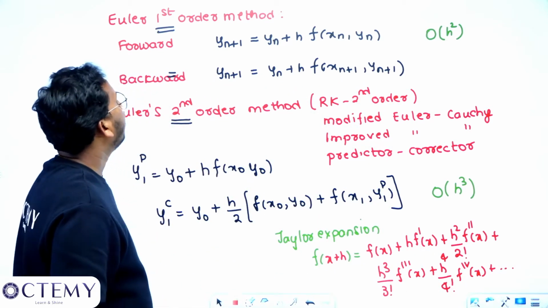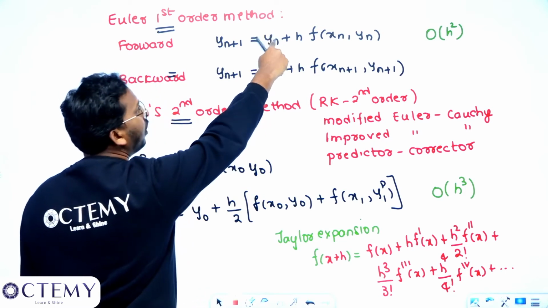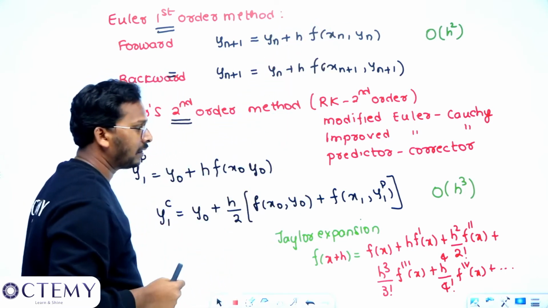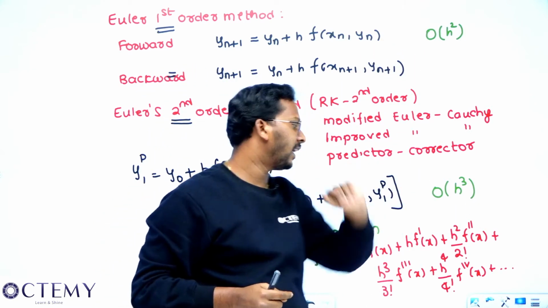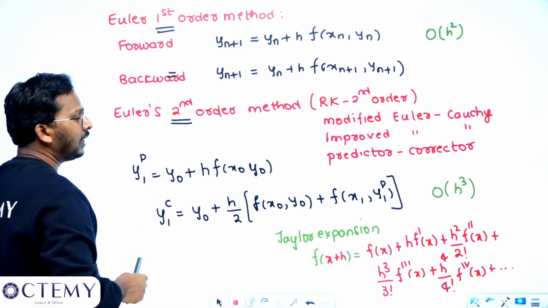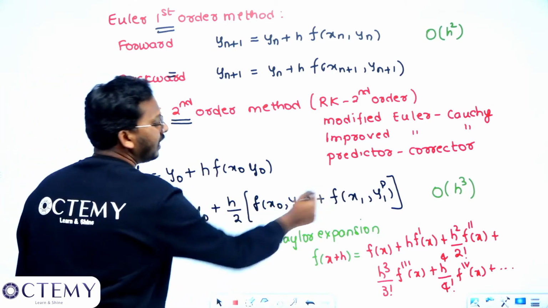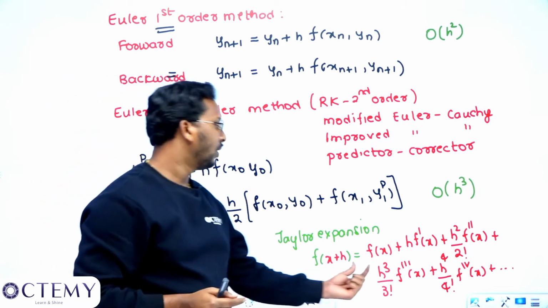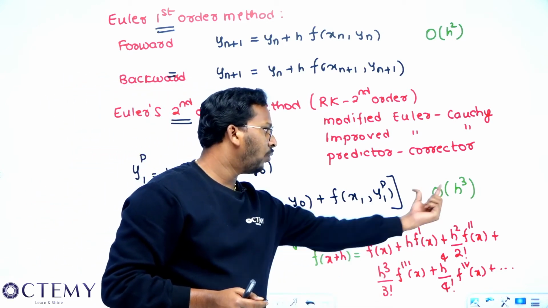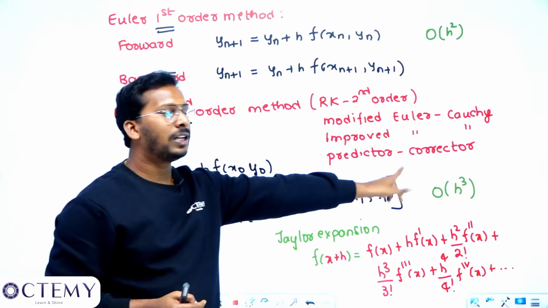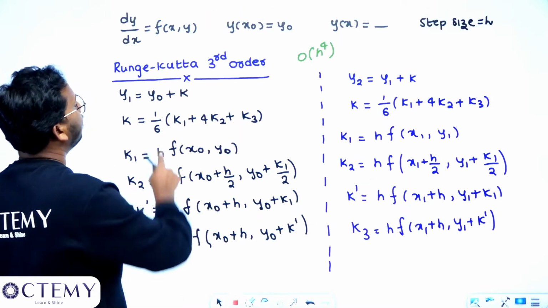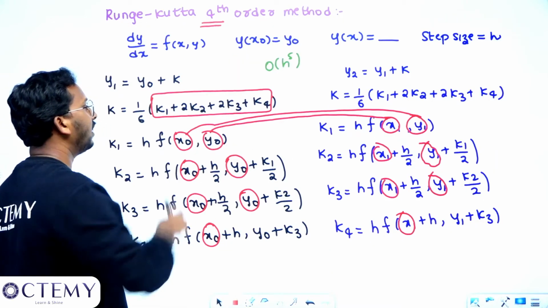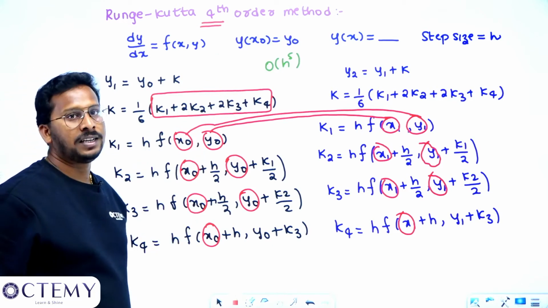Now see, in the first order method, some constant plus h times some other term is taken. So the truncating error will come from h². Whereas here two terms are taken, h into this and h into this, so the error will be of order h³. Truncating error means the error from the terms we leave out. Here three terms are taken, so h⁴ is the error. Here four terms are taken, so h⁵ is the error. So you can remember it like this.